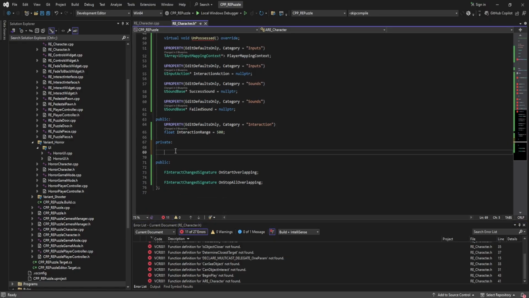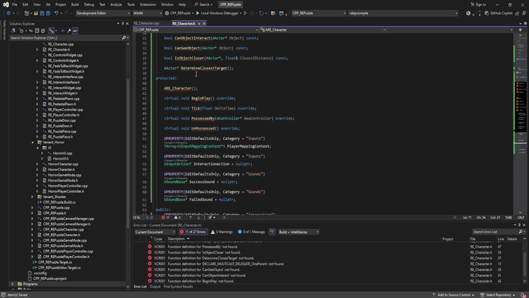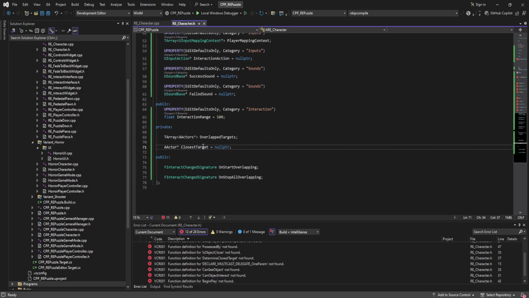So for private, we want to have a TArray of the actors that are currently in target range of our interaction. So that's going to be an array, a TArray of type actors, and we're going to call this overlapped targets, semicolon. And an actor pointer for the closest target, so call this closest target, and this will be a null pointer by default. And so essentially we're going to use our function we made here to determine this based on